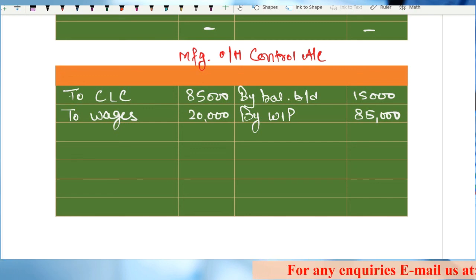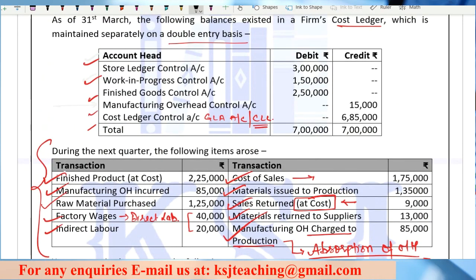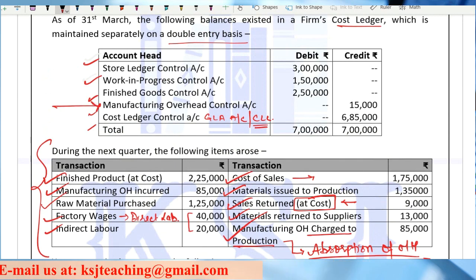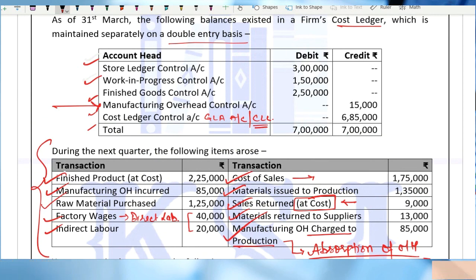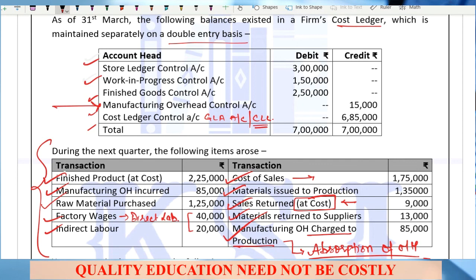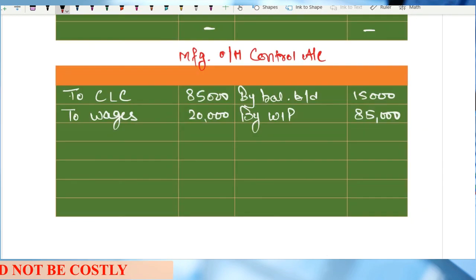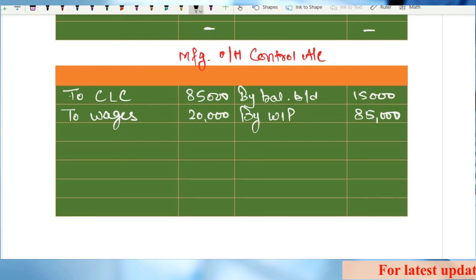Sir, whenever you have an opening balance, see, you have an opening balance here, the manufacturing overheads control account. Now this opening balance indicates that you are practicing what? You are practicing the method that you carry forward your overheads to the next period. One thing is clear, that is why you are having the opening balance now. That means you are carrying forward the things to the next period, isn't it? That means if you have an under or over absorption, you can carry forward that to the next period. Simple, right? So in this case, what we are going to do is we are going to carry forward it,